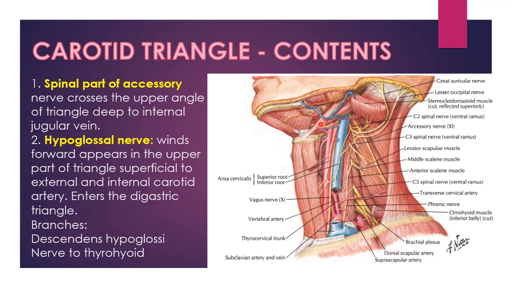The branches given by the hypoglossal nerve, that is the 12th cranial nerve, are descendens hypoglossi, as I told you, which forms the superior root of the Ansa Cervicalis, and also the nerve to the thyrohyoid, one of the infrahyoid muscles. So those are the branches given by the hypoglossal nerve. So that is the accessory nerve, and